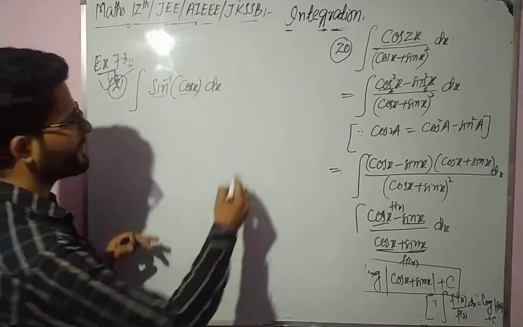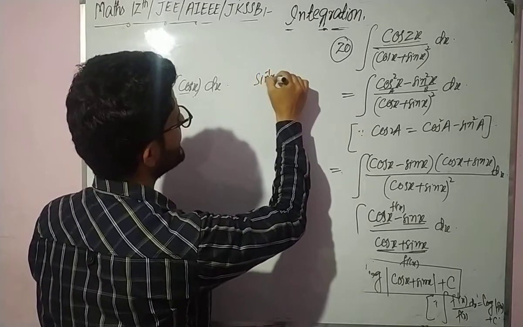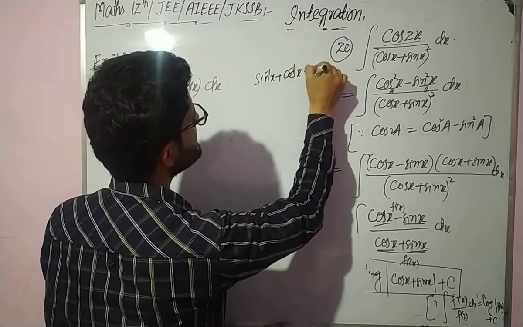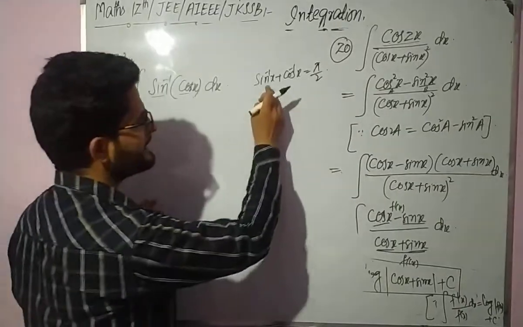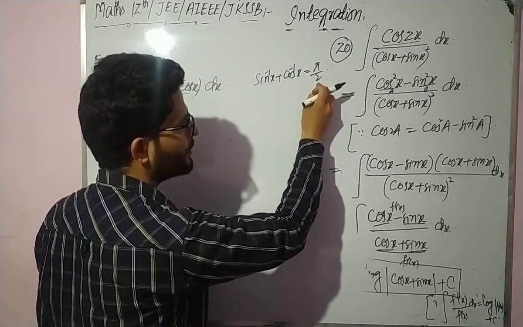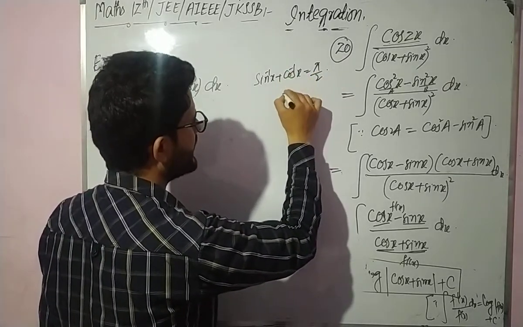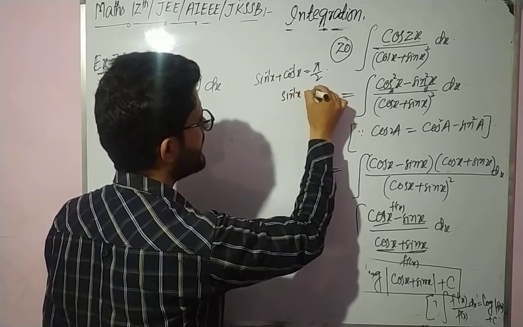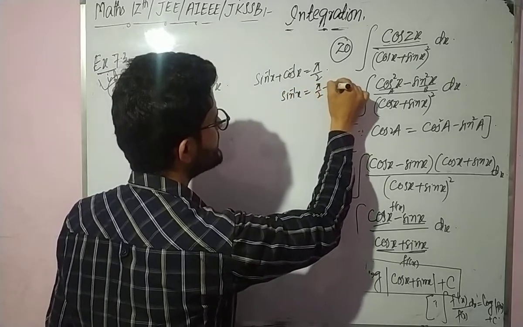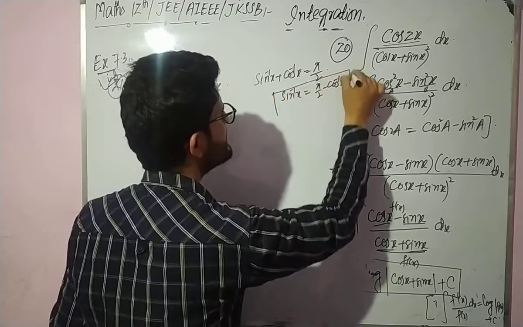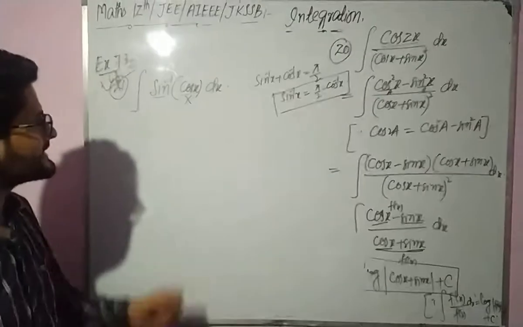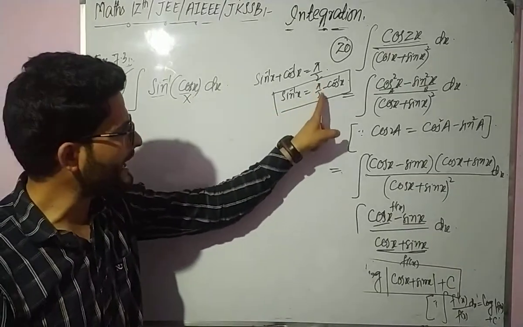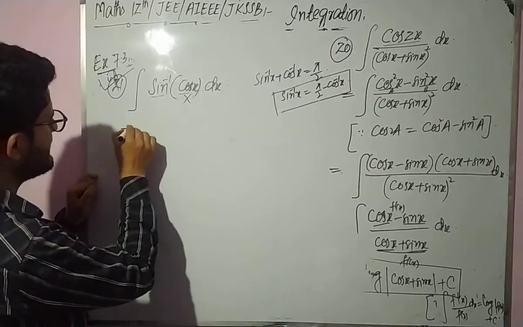Since we know that sin inverse of x plus cos inverse of x is equal to pi by 2. We have proved this theorem in inverse trigonometric functions, and that is sin inverse x plus cos inverse x is equal to pi divided by 2. So from this we get sin inverse of x, which is equal to pi by 2 minus cos inverse of x. So sin inverse of x, what is it equal to, sin inverse of this cos x, suppose we treat it as capital X. So sin inverse of x will be equal to pi by 2 minus cos inverse x,